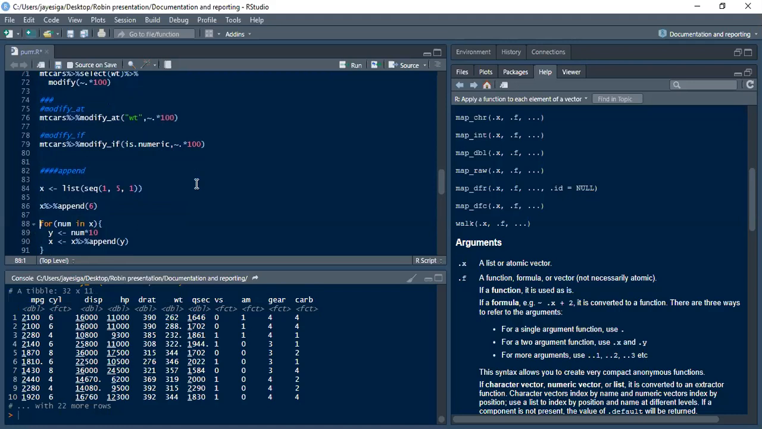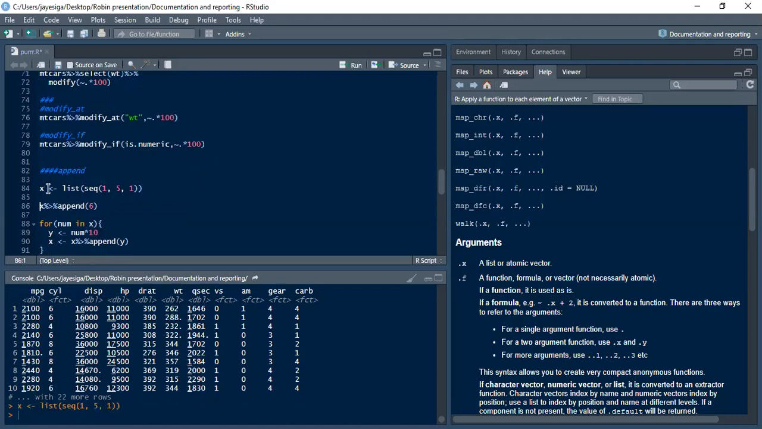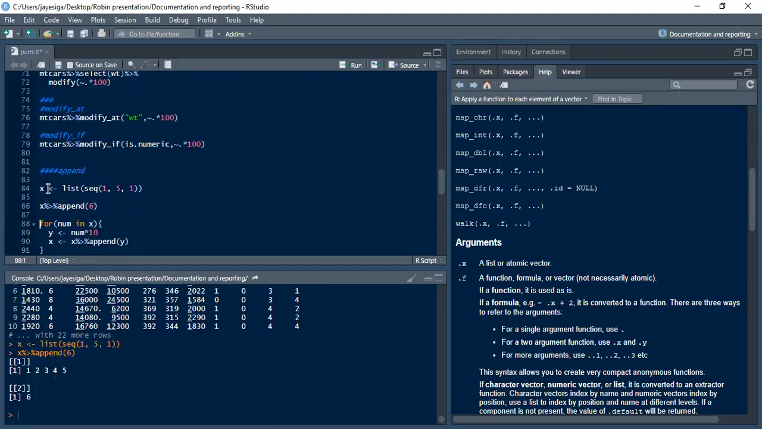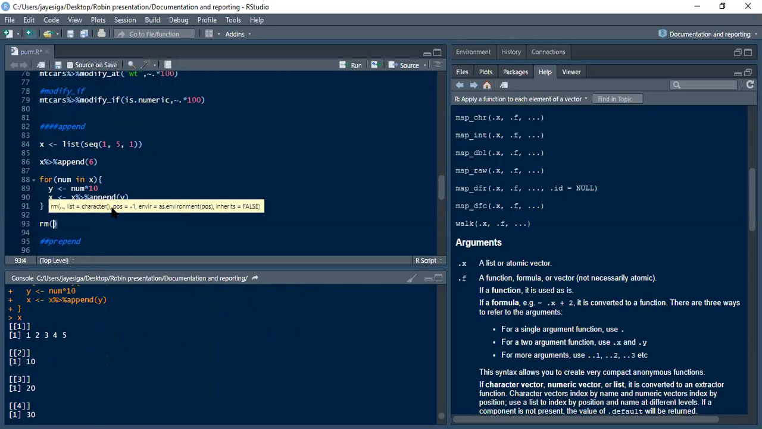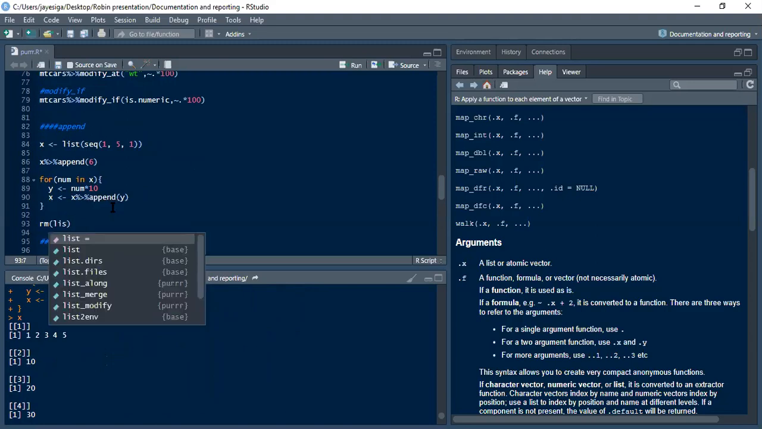Then let's move on. Let's first create some variables here. I want to talk about the append and prepend functions. So here I've created a list. If you look at X, it has already gone through the for loop. Before the for loop, I want to show you that. Let me first